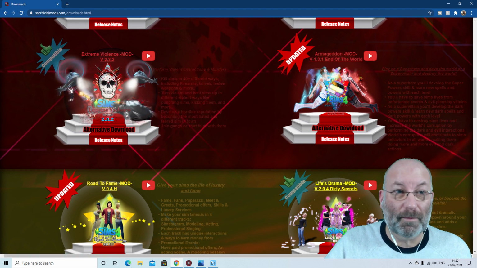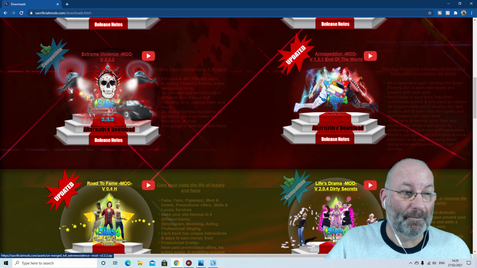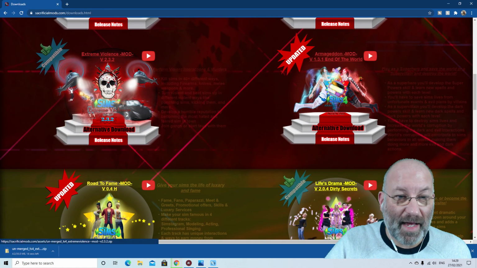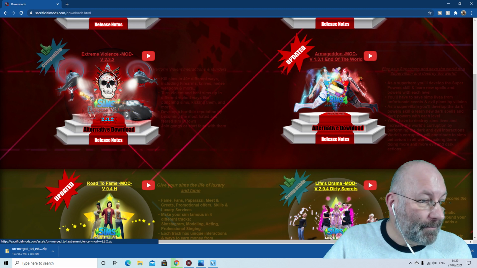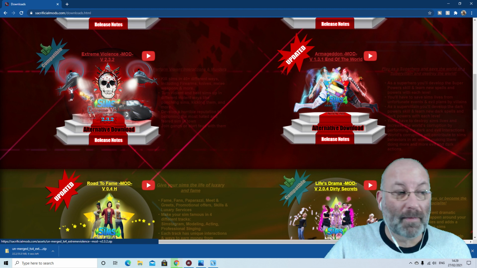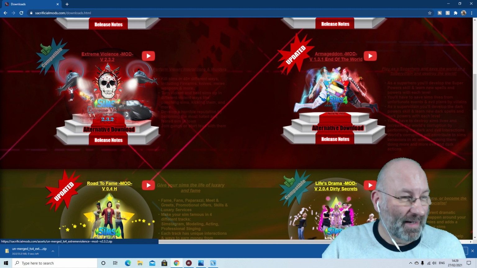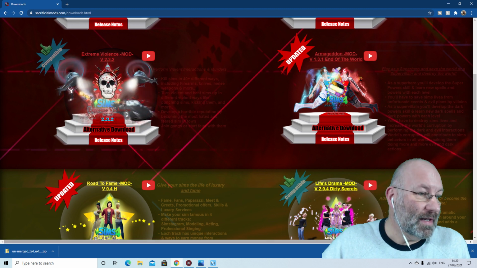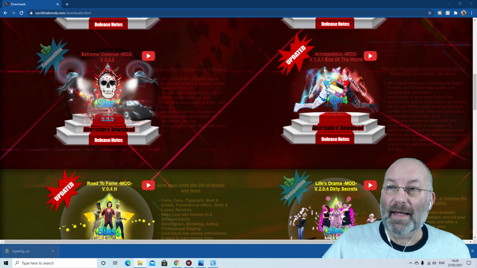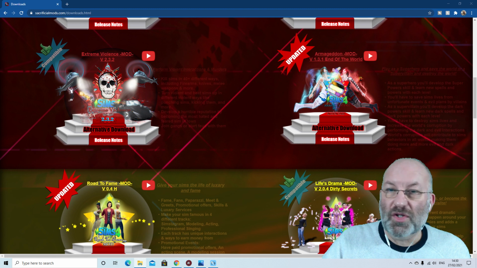Now all you do is you simply click on the icon. You can see at the bottom of the page it's downloading. It'll come as a kind of zip file, and once it's downloaded it shouldn't take too long, although it is quite a hefty mod, if you like. Right, it is done now, so what we need to do is just click on that, and once you've clicked on that,